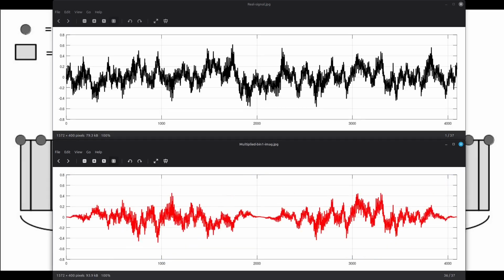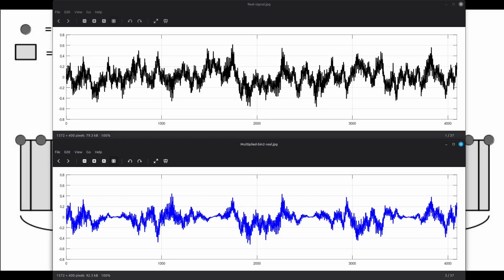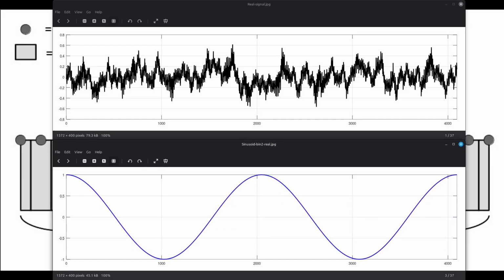That's going to make a waveform that will look like this, and this particular waveform again is 2 cycles. Just as I did before, once I've done the multiplication, I'm going to take all these 2048 points and add them up. That will create the real part of bin number 2. The imaginary part, again, is just the same as before.